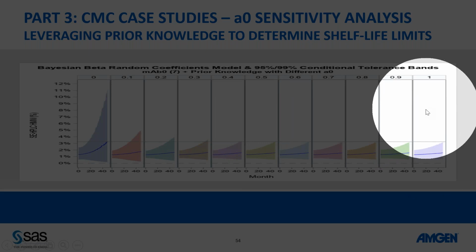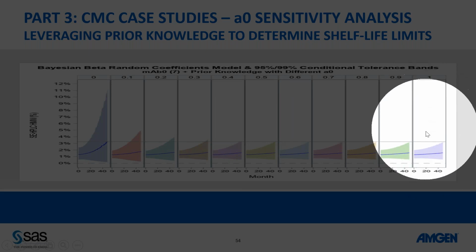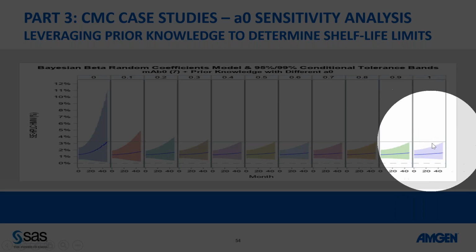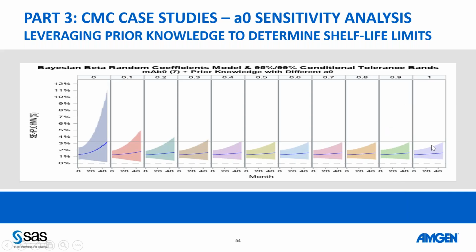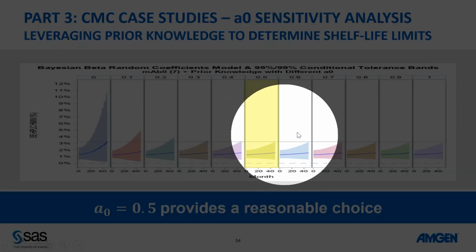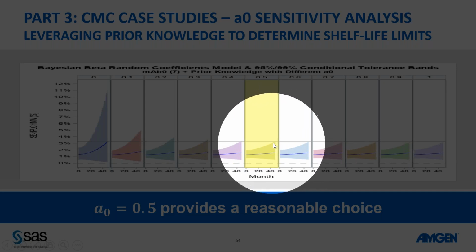all the way to 1. And remember, if you use a power of 1, that means you're combining all the 4 data sets with the current data set. So you have a combination of the 5 data sets. That will be that. Okay. So now you can see here that 0.5 provides a reasonable choice. The line here is the limit obtained with 0.5, which is 3.25.